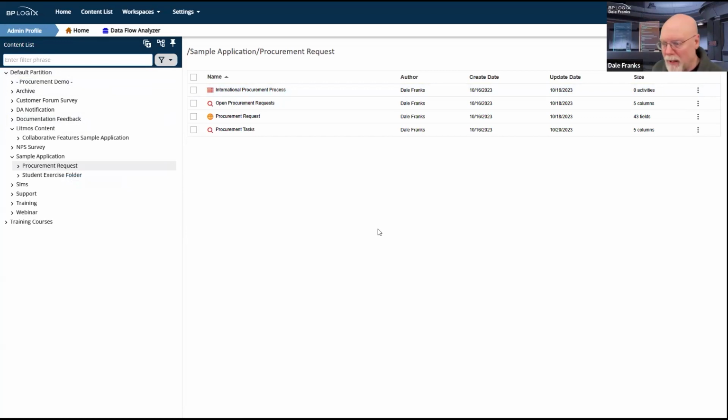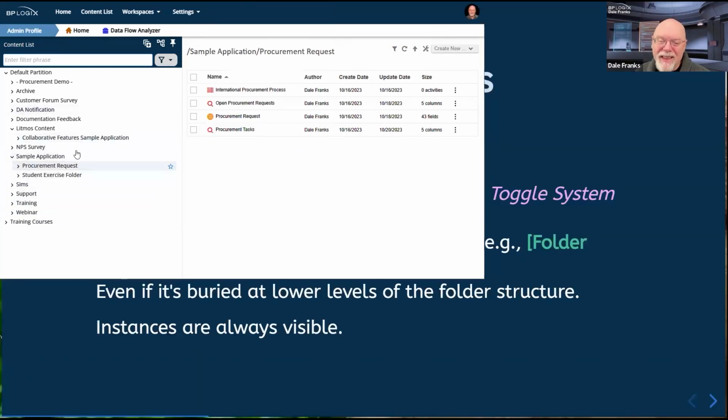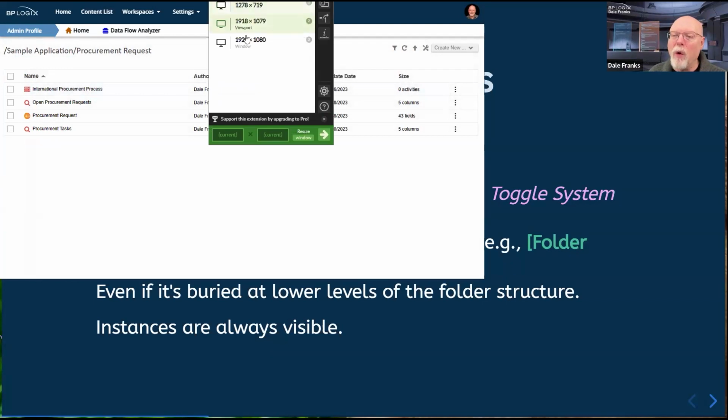I've got a 32-inch monitor. The minimum size of things that I usually look at is 1920 by 1080, which is what we're looking at here. So this is fine for me in most cases. And if I want to, I can just use all 32 inches of my screen, and the amount of space that the content list takes up on the left-hand side of the screen is largely immaterial to me. However, at a different screen resolution, this space becomes kind of a problem. It does take up a lot of horizontal space, but of course, it's dismissible. And so I can simply reclaim that space if I want it.